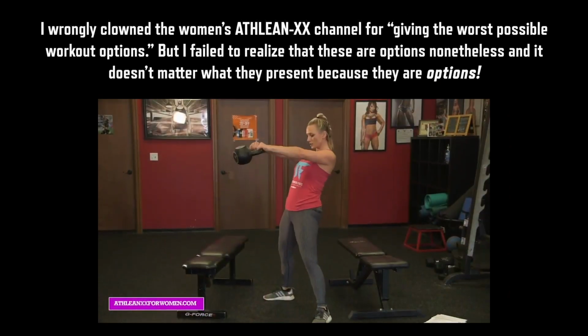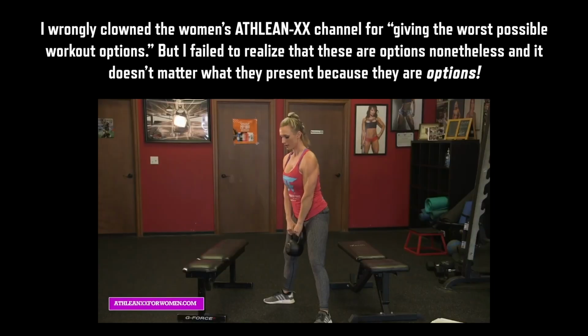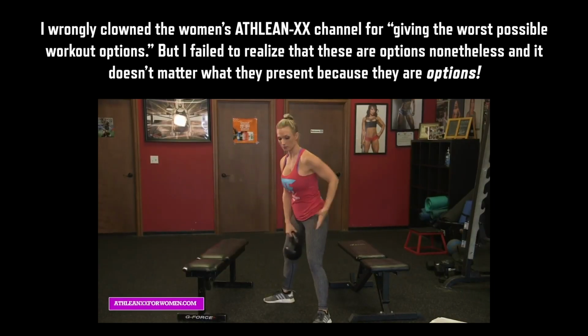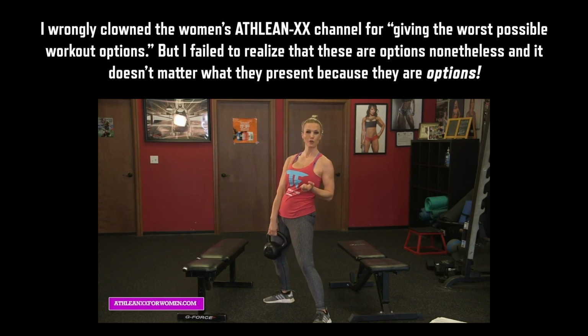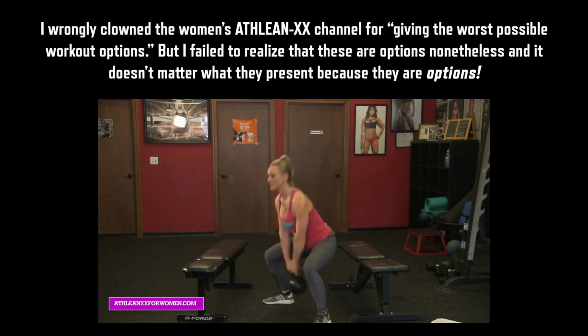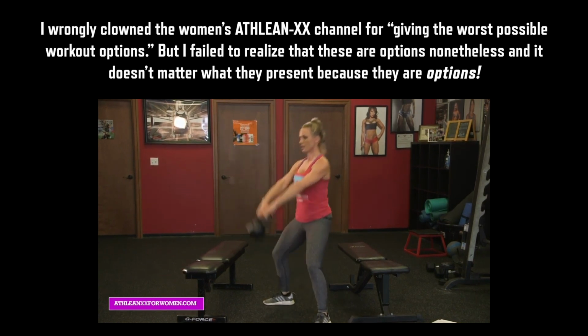You're contracting the glutes forward. Okay, so when you swing down, squeeze and push your hips forward, push them forward so the glutes can contract and have more control over that power. So that's the finish of the exercise. So we're going to do 10, squeeze forward, 9, 8,